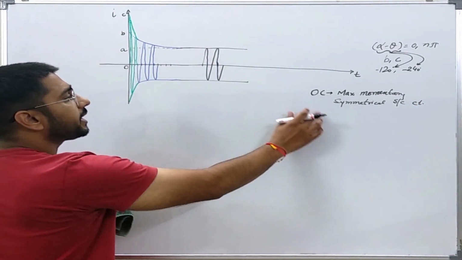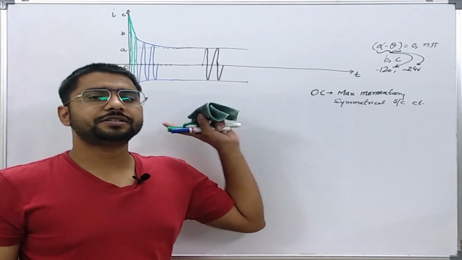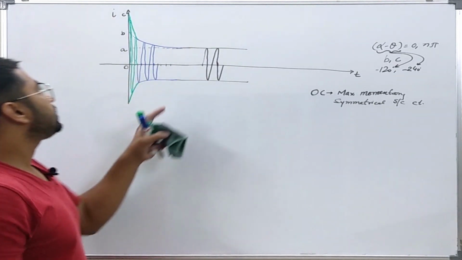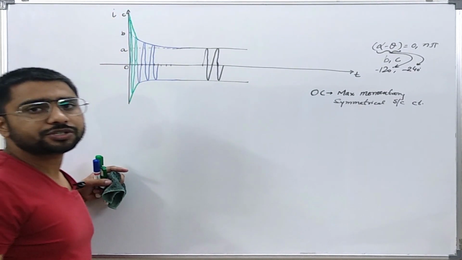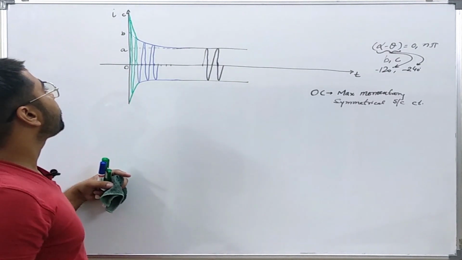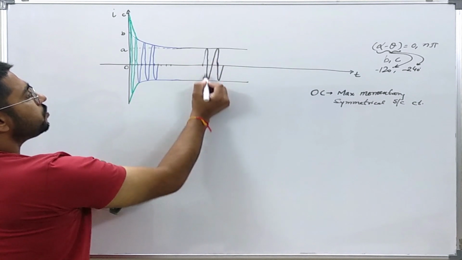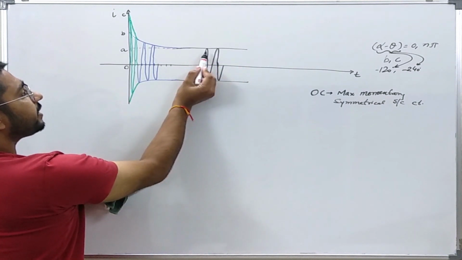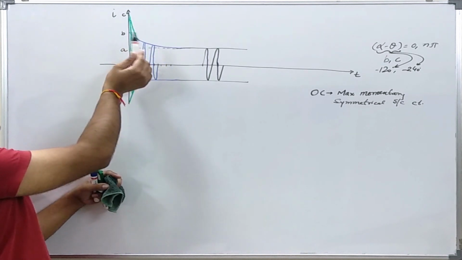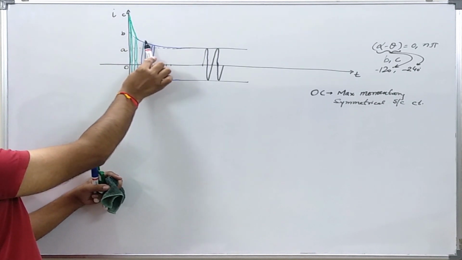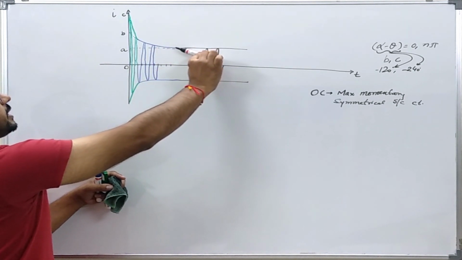So why symmetrical? As I already told, we are taking that phase in which there is no DC decaying component. So this OC is the maximum possible momentary value of this short circuit current. Okay, now this is the steady state value. If I extrapolate this and neglect the first few cycles, I will see that current would have followed this path